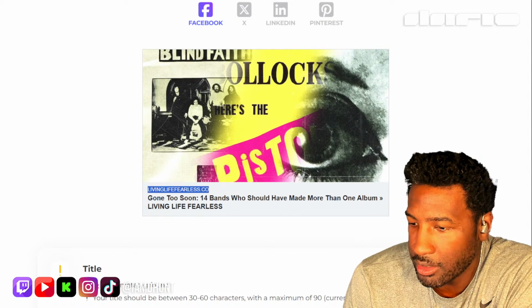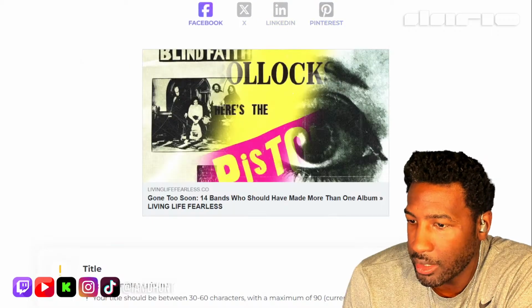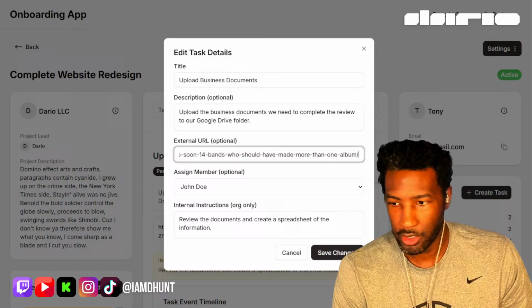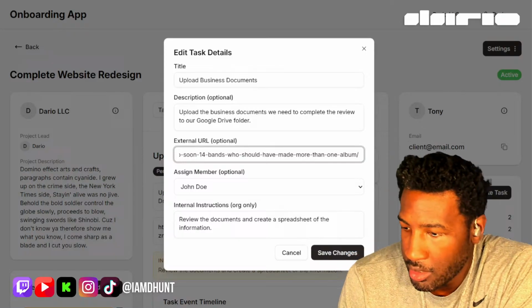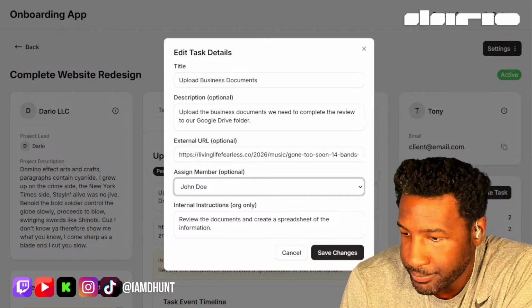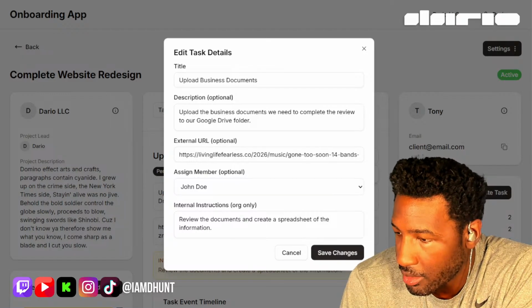See, so it's got the URL. Here's the title. What the hell? All right, no. Let's go to change it right here. Let's check, make sure it did not. All right, I gotta tell it to reuse my